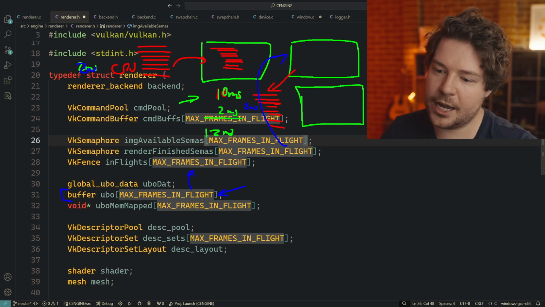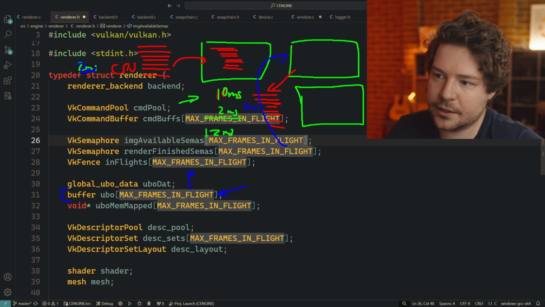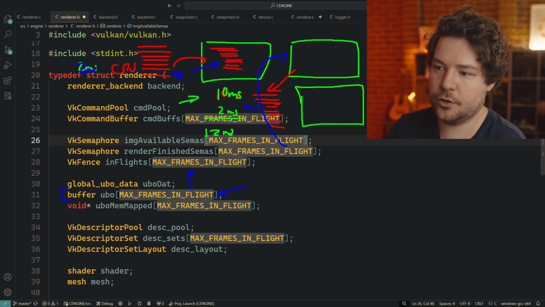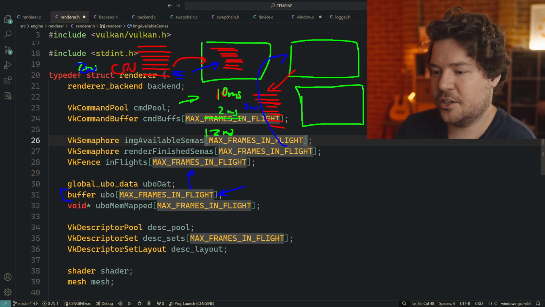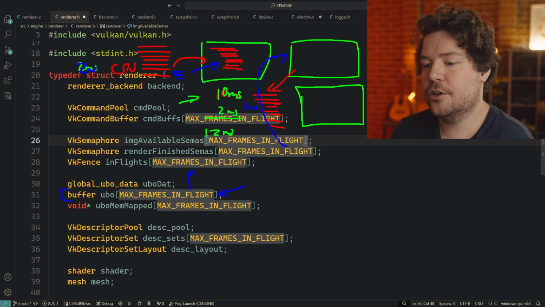So that's the other problem, right? If you just have one camera buffer, and that's necessary for rendering, then the GPU needs to be able to read that buffer. So if you try to write to it, because you're not waiting for the GPU to finish and you're progressing with your next CPU frame, then you will overwrite memory that's currently being accessed by the GPU. Vulkan will yell at you for that. You don't want to do that.